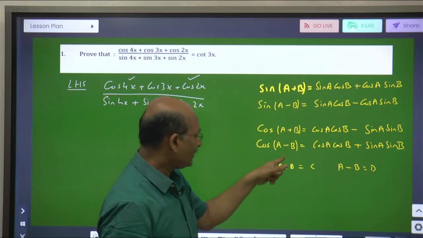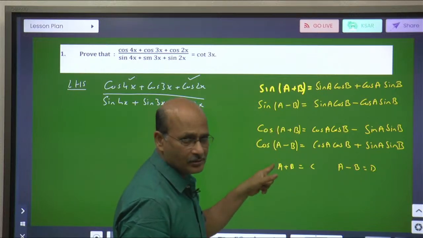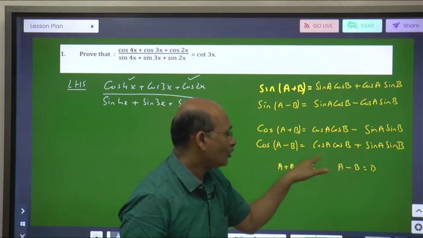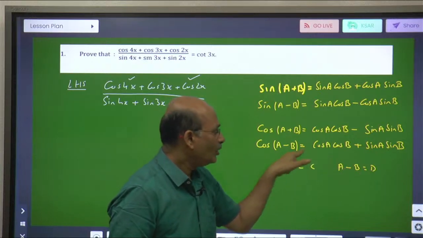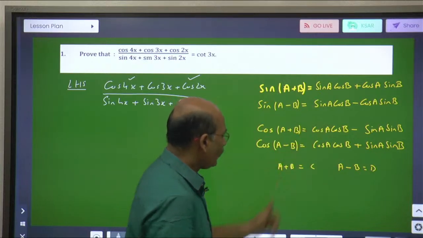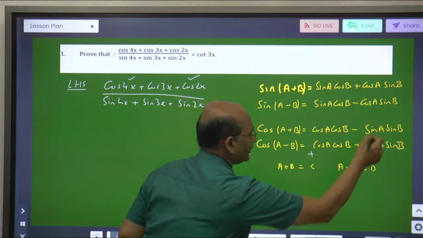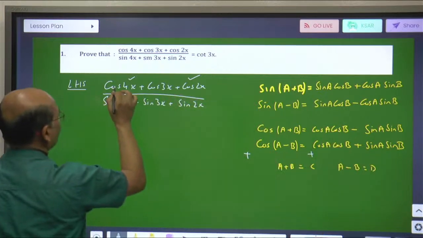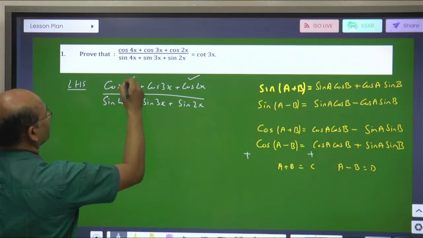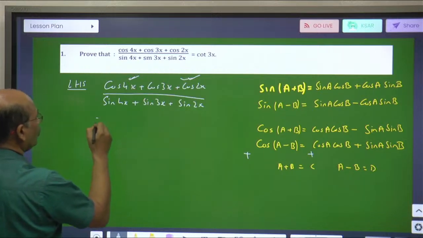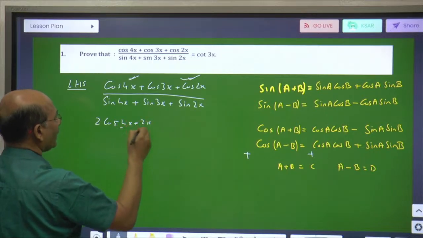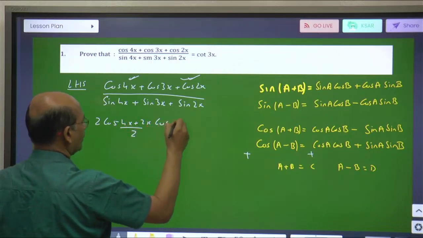So cos C plus cos D. Tell me, if you add this, this will get cancelled. That means it will be 2 cos cos. Understanding or not? 2 cos cos. So if you add this, what will happen? This will get cancelled, right? Plus and minus will get cancelled. So 2 cos cos. So this will become, if I add this and this and this, 2 cos C plus D by 2 cos C